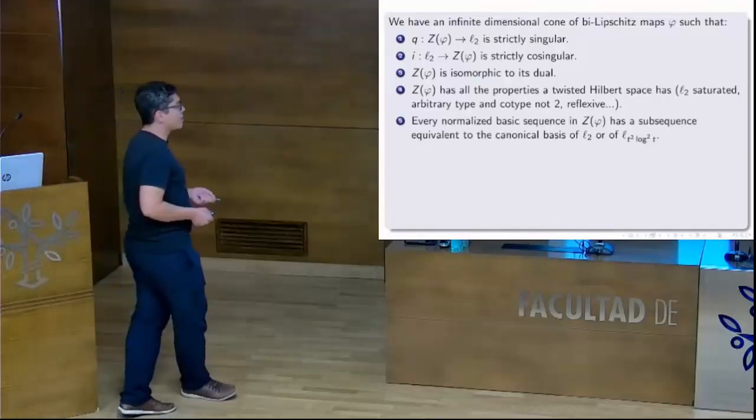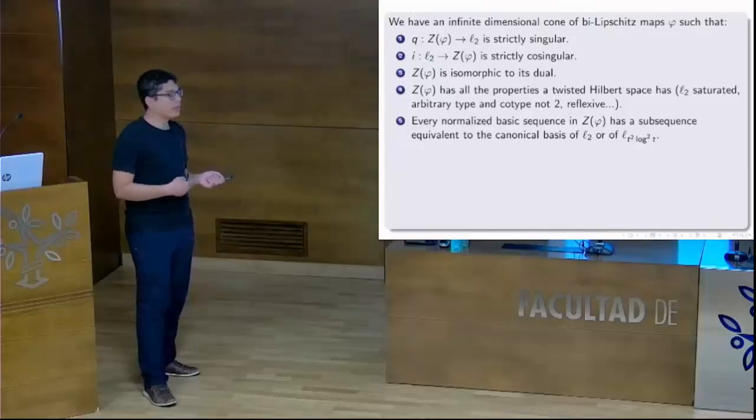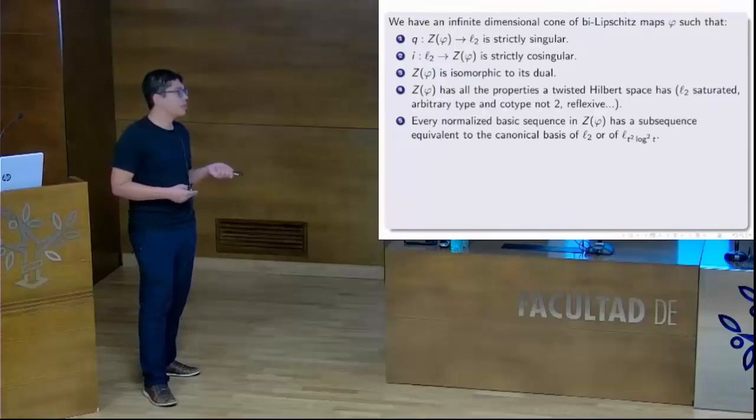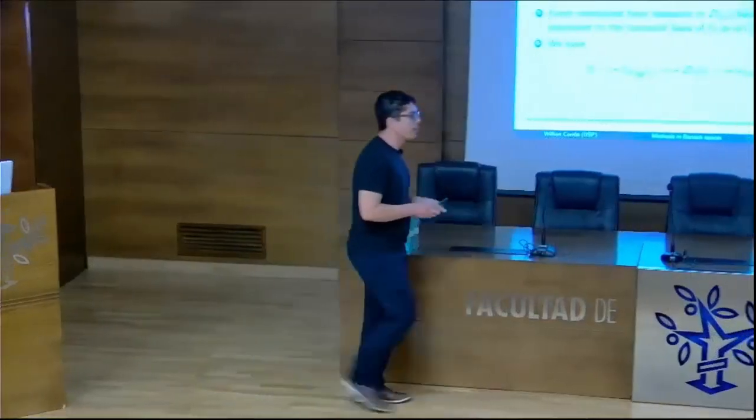Every normalized basic sequence here has a subsequence equivalent to the canonical basis of L2 or of L2 square log 2 square of t. And also we have another representation as a twisted sum. So